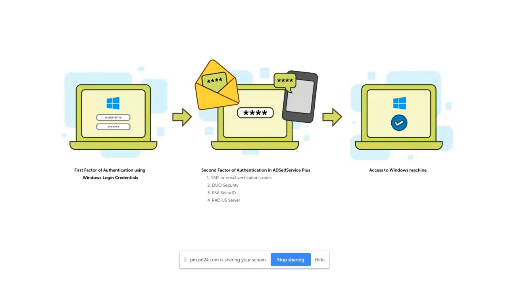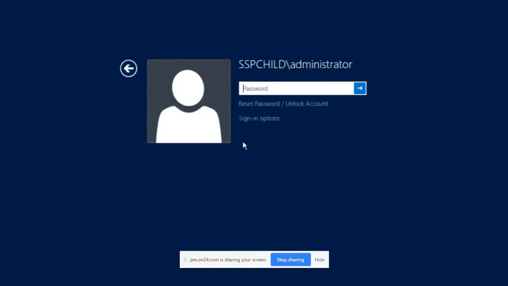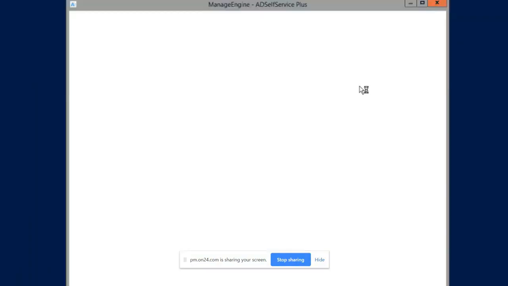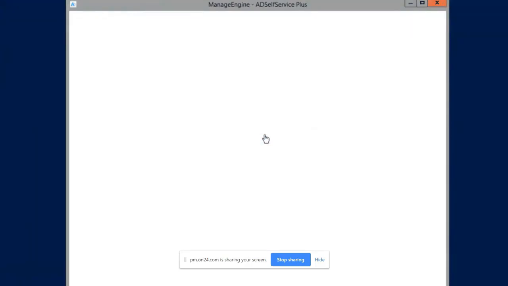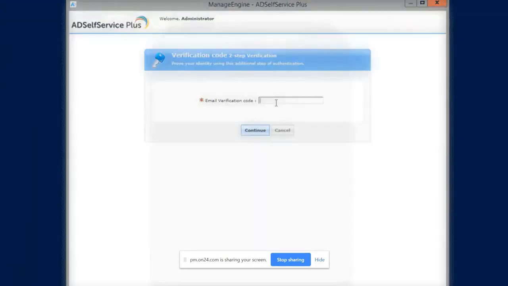So an administrator account is compromised, the credentials are out there. I would say I don't really care. The credential is compromised and I don't really care. How is that even possible? Because I have a second factor that's absolutely personalized. It could be an email verification or a Touch ID or a Face ID that I could choose, and I'd be granted access into my system or my server right after I do my second step verification.